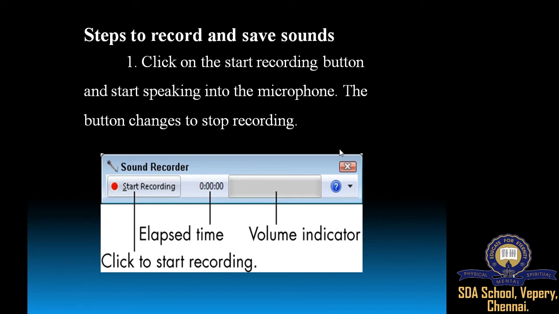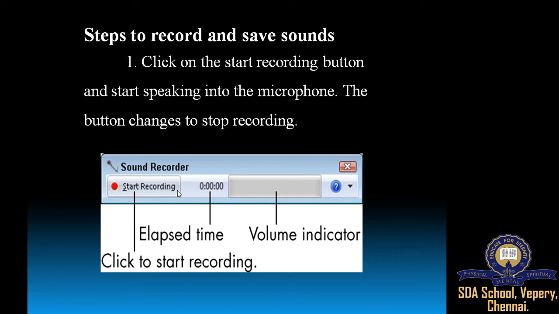You are able to see, children, this is the start recording button. Click on it, then start speaking into the microphone. The button changes to stop recording. When you finish the recording, it will change to stop recording.